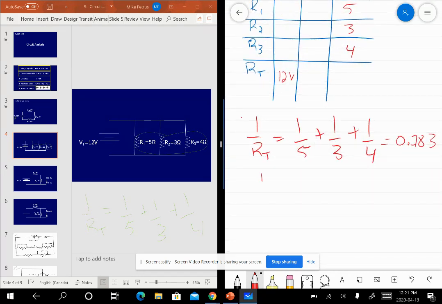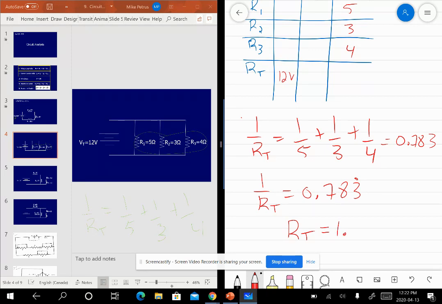But then that is not the answer to the question. That's what 1 over RT is equal to, 0.783. Actually, it's 3 repeat. So if I want to find what RT equals, I have to find that inverse, that reciprocal button on my calculator. It's x to the power of -1. So I take that 0.783 that's on my calculator, I hit that button, and it gives me a total resistance